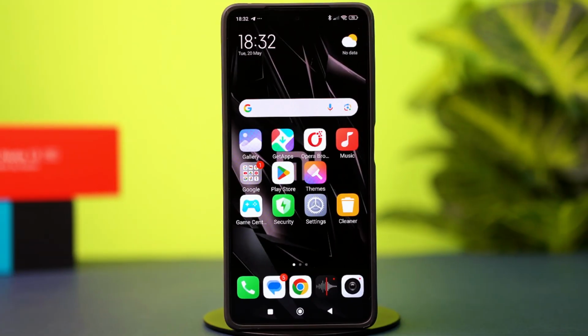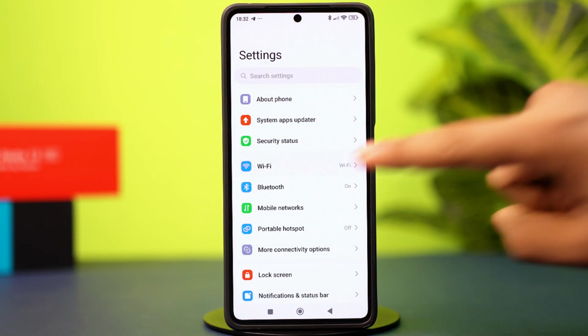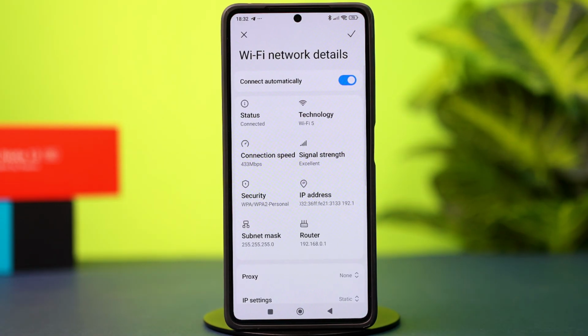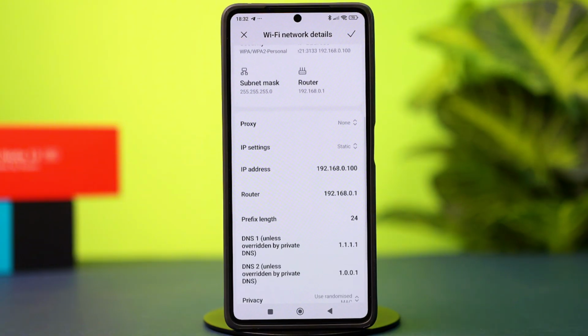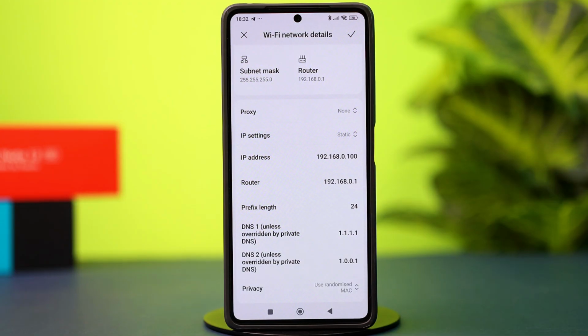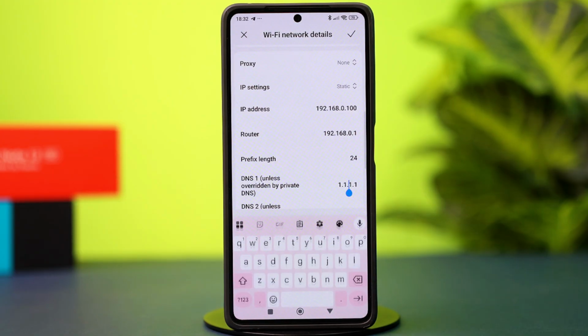Let's get started. Open your settings, tap Wi-Fi, then tap on the forward arrow icon next to the Wi-Fi you are connected to. Scroll down and tap on IP settings. Select it to static, then scroll down and on the DNS1 section, type